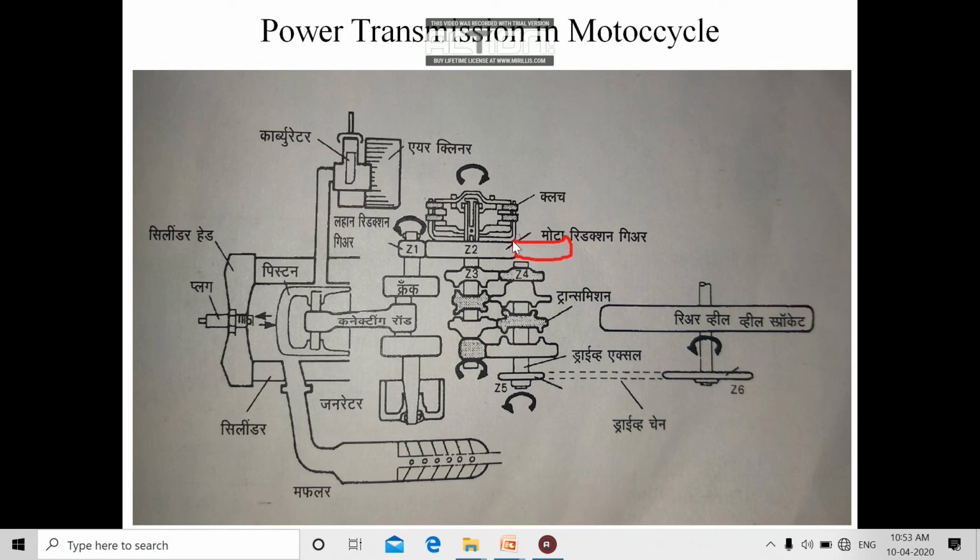Our power should be assisted to Z2 via the kick, and this Z2 gets rotated, then Z1 gets rotated. Z1 is directly mounted on the crankshaft, so the piston is supposed to reciprocate inside the cylinder. So the initial phases are completed, that is suction, compression, power, exhaust, and if the power is sufficient,